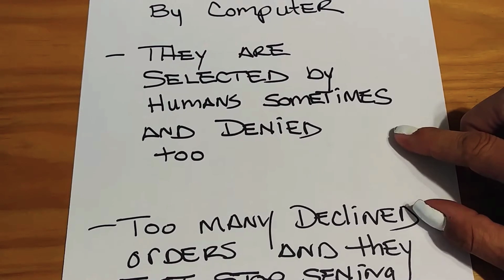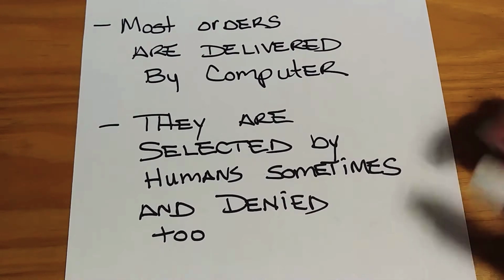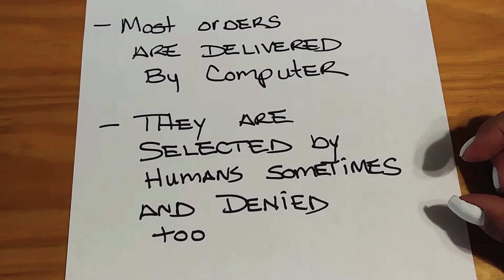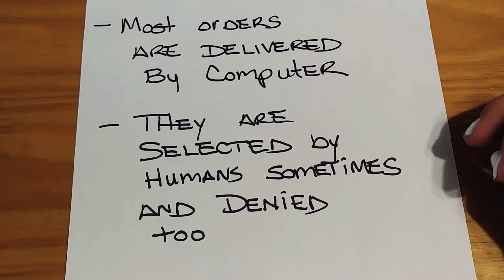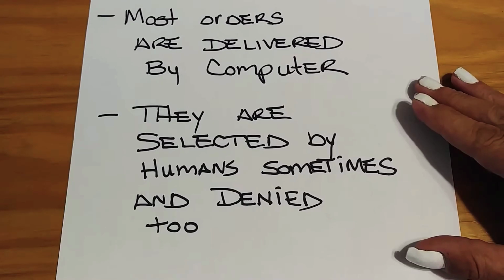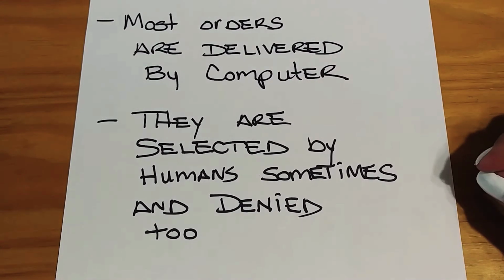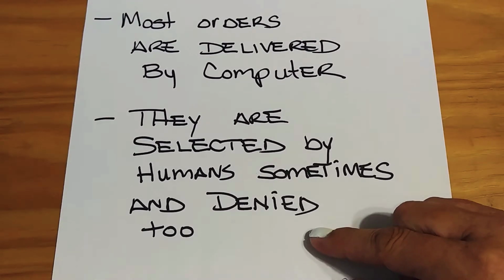Some are selected by humans. And sometimes they are denied. If you're constantly on DoorDash rep that whole day, texting and calling them and whining and carrying on, and just rude to them, they can deny orders to you. They'll stop and you just be sitting there idle for hours. Don't test them. Be nice. Be very, very polite when you talk to the